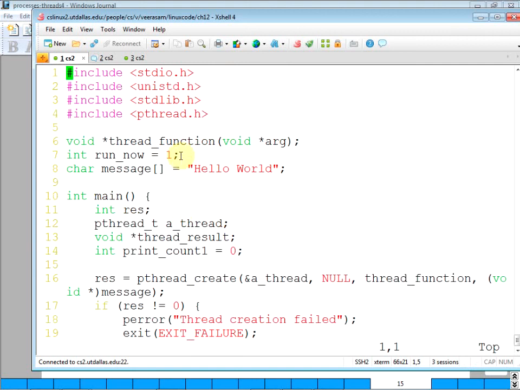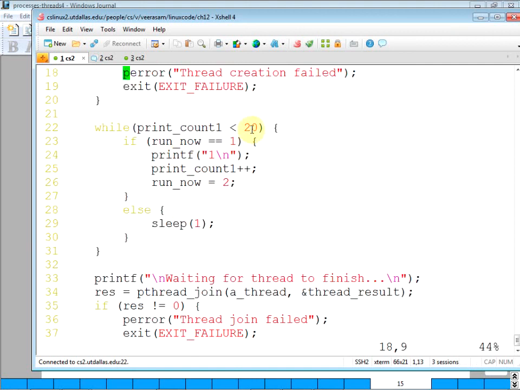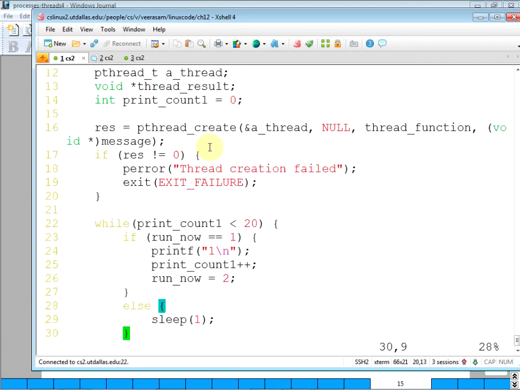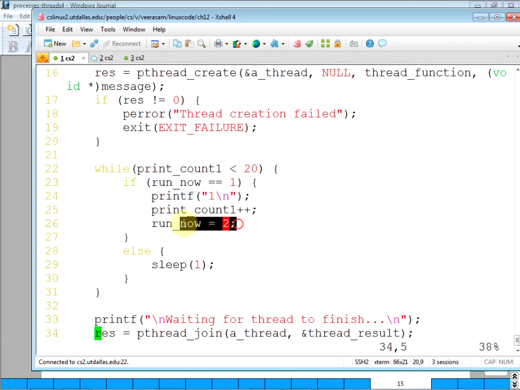Initially run_now equals 1, so it will come here and print 1, and then print count; the local variable is updated. Then it assigns run_now equal to 2 and right away checks again. Just now it assigned 2, so the check for 1 will fail, and it will go to else and go to sleep.